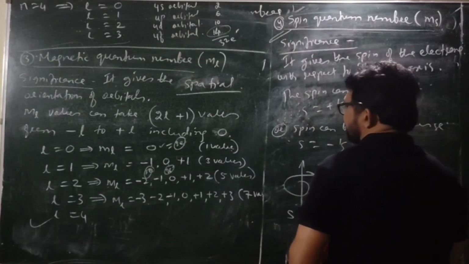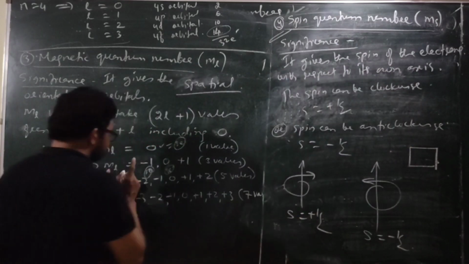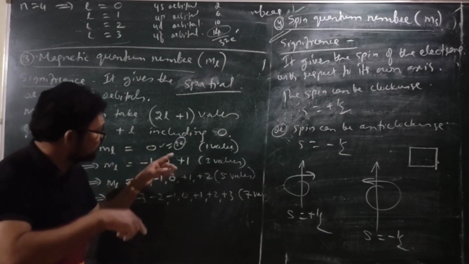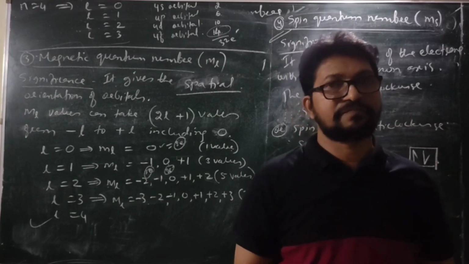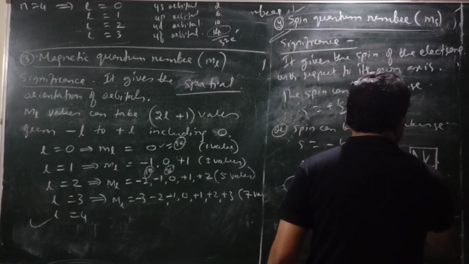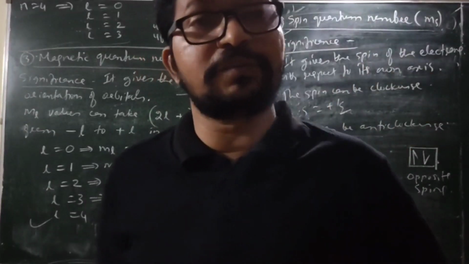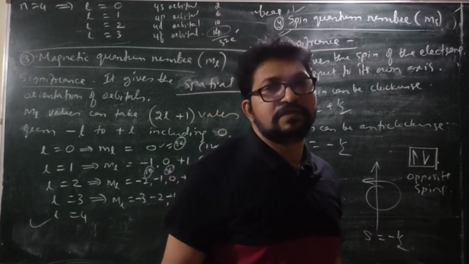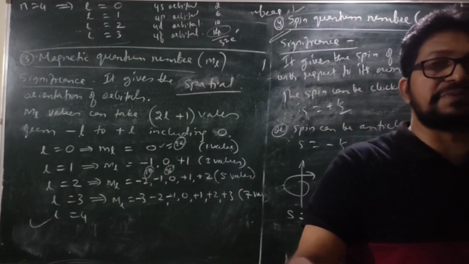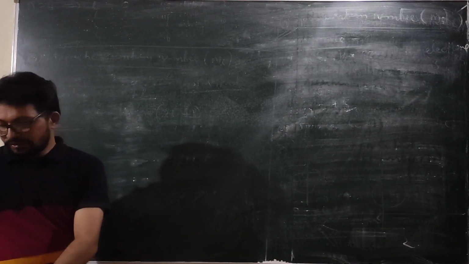And in any one orbital, a very important aspect, with respect to magnetic quantum number minus 1, 0 or plus 1, the spin is always opposite. Otherwise we cannot have two electrons in the same orbital. Opposite spins. Never in one orbital can two electrons have the same spin. Impossible. So this is how the significance of quantum numbers has to be explained.